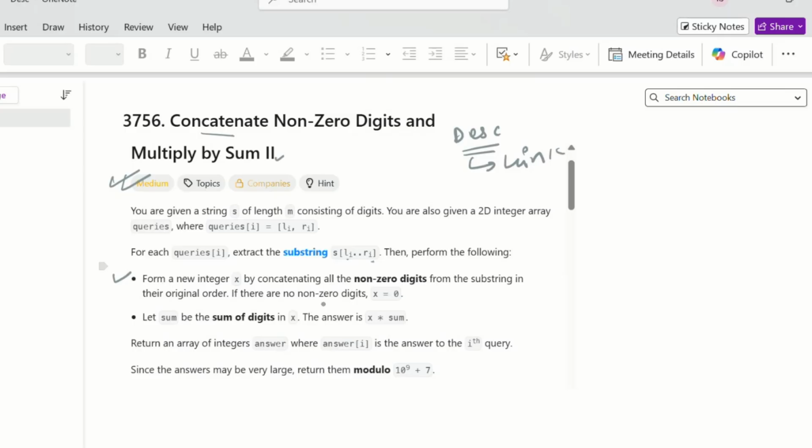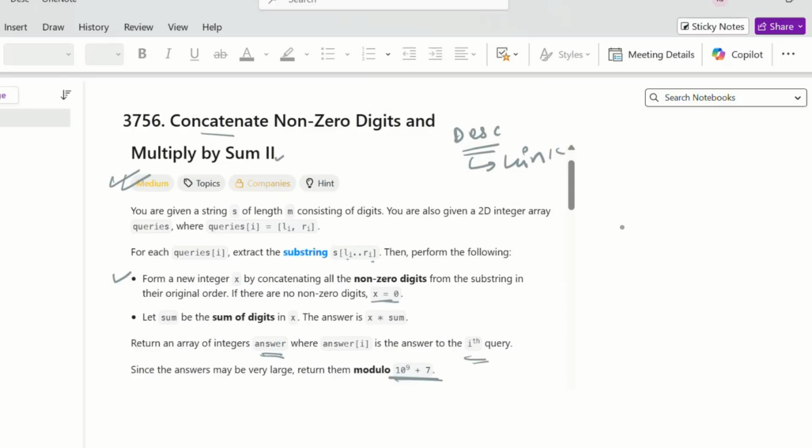If there are no non-zero digits, we keep x equal to 0. Let sum be the sum of the digits in x. The answer is x times sum. Return an array of integers answer where answer[i] is the answer of the ith query.